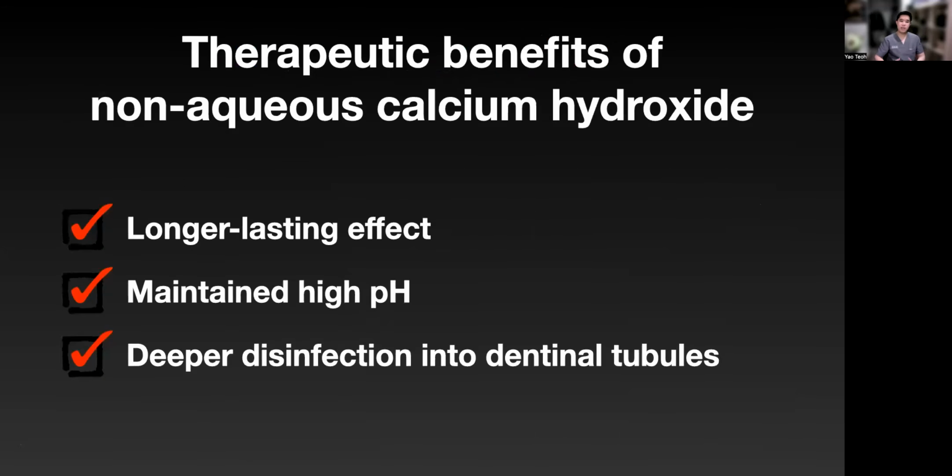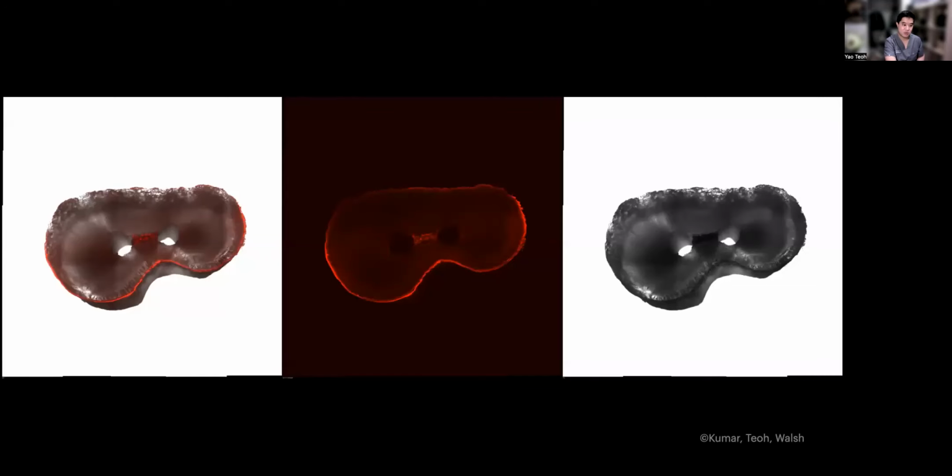So to reiterate the benefits of a non-aqueous calcium hydroxide, and in this case, CALMIX, which is completely non-aqueous without any water in it, it has a longer lasting effect. It maintains a higher pH compared to other medicaments. And it's got deeper disinfection of dental tubules. And we've seen this with all the red cabbage dye studies that we've done. But again, back to this confocal image again,